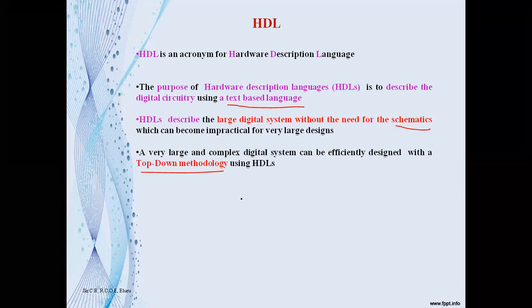In fact, the current hardware description languages, as we stated yesterday also, so they are